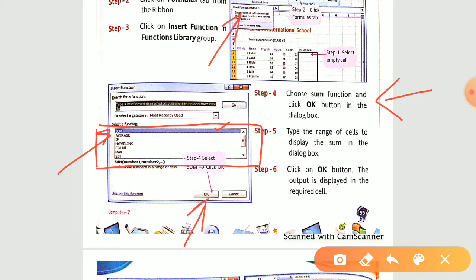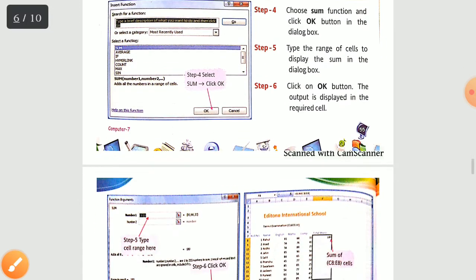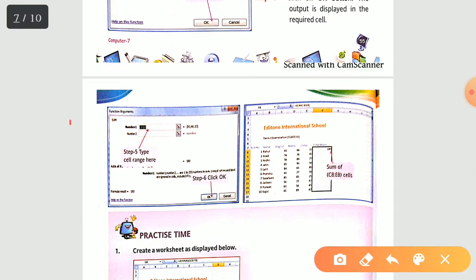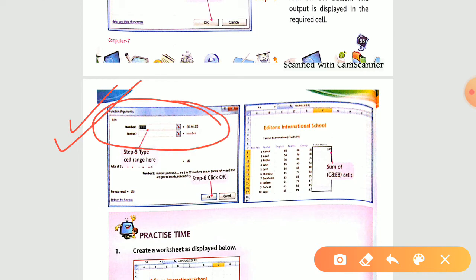Right. Step number 5: type the range of cells to display the sum in the dialog box. Now what will happen? This dialog box will disappear and you will get a new dialog box like this one. Over here in these options you have to provide the range, from which cell till which cell. Starting cell address and the ending cell address you have to notify over here.